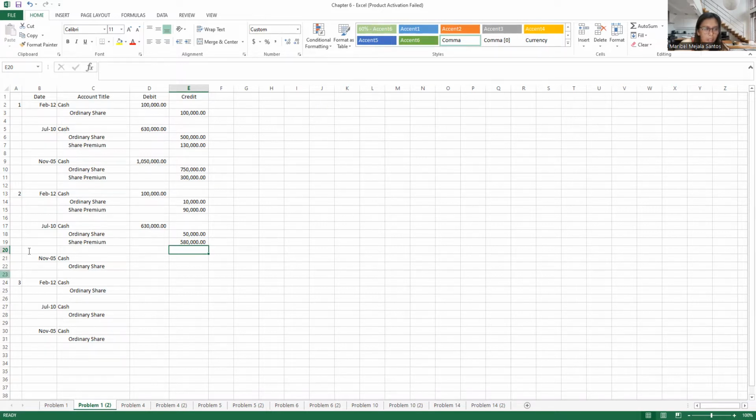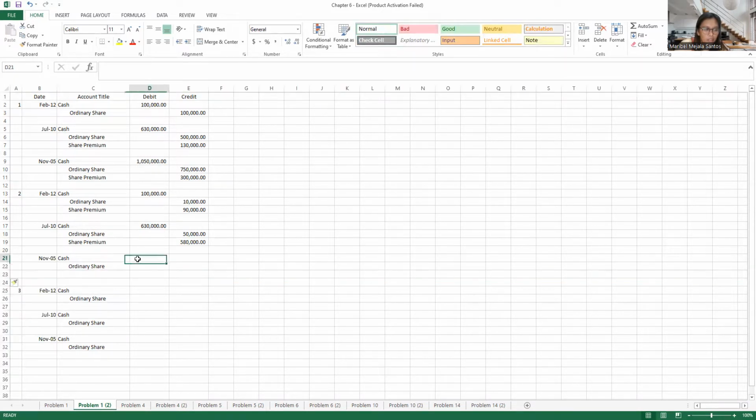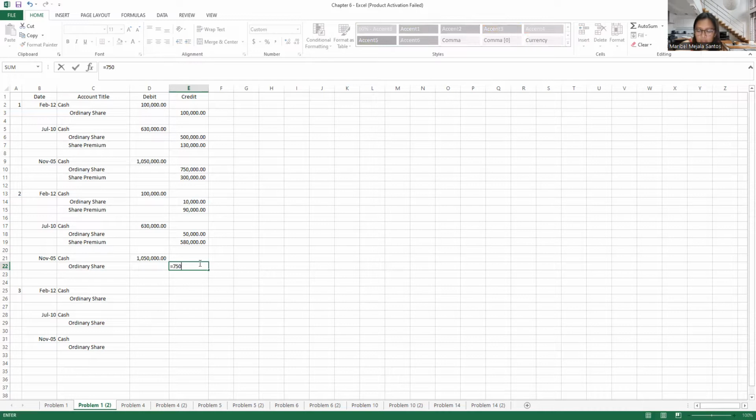Wala pa pala. Dito pa lang tayo. 7.5. So 1,050,000. 7.5 multiplied by the stated value. Then your share premium will be